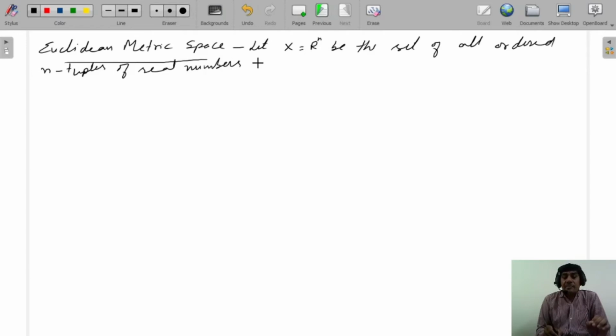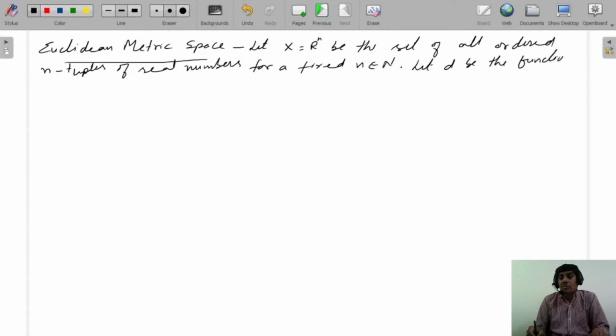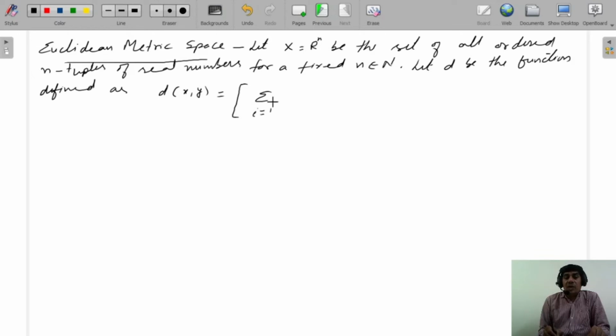For a fixed n belonging to N, let d be the function defined as d(x,y) = (summation i varies from 1 to n of (xi − yi)²)^(1/2)